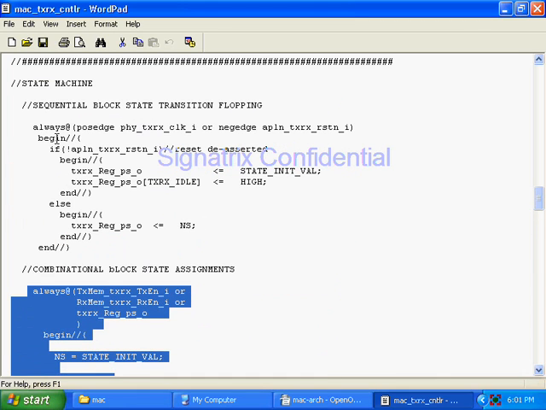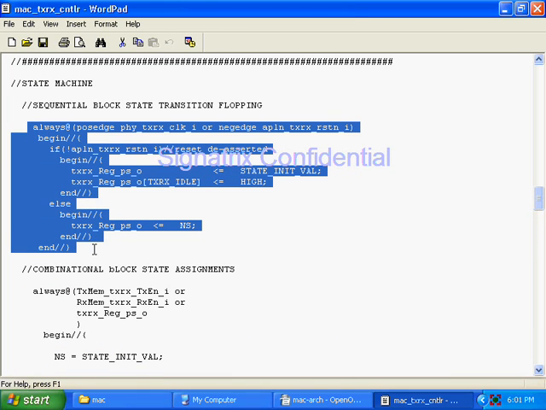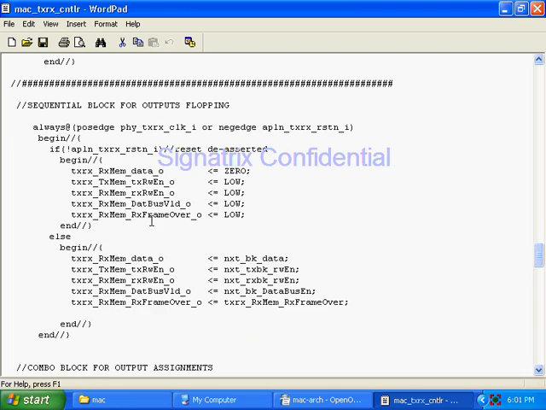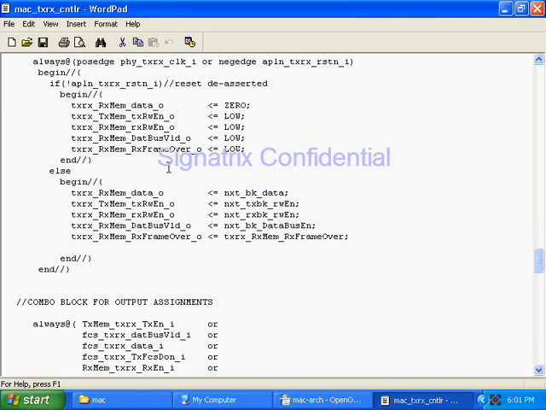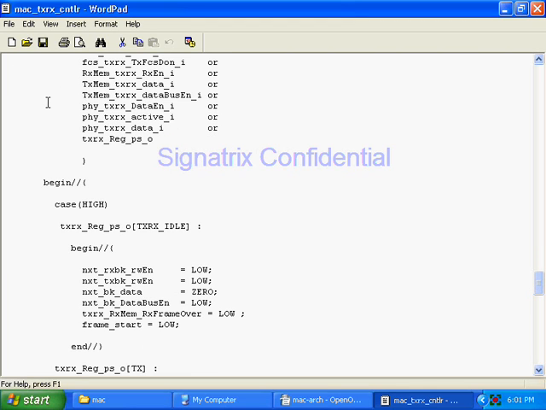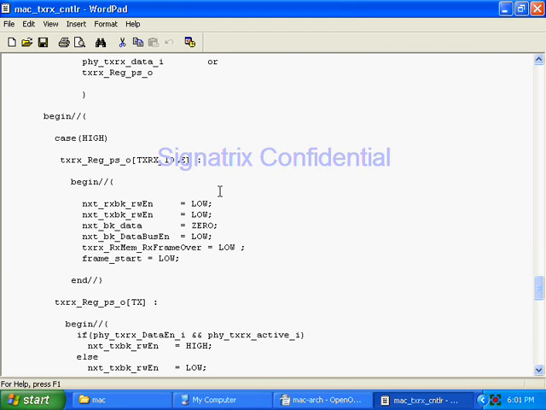So before that we have seen the sequential logic for the next state logic. Below that, the combinational logic for the next state logic. Next we are going to see the combinational block for output assignments. Okay, here what are all the outputs? We know that